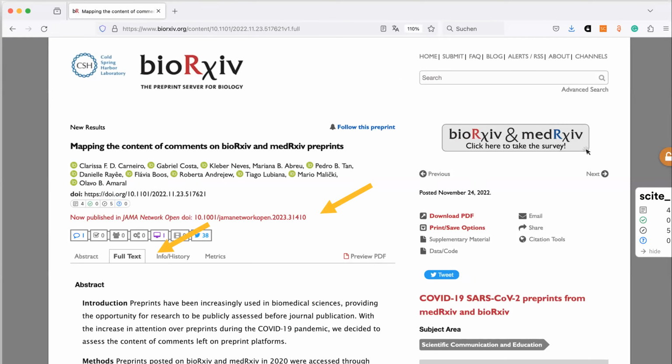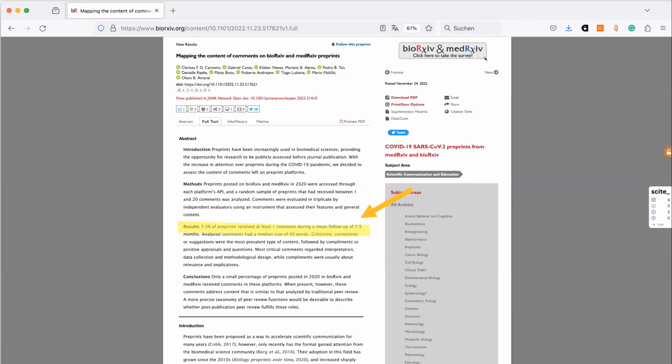And you can see with bioRxiv, you have also full text. So you can search and see full text. You don't have to download the PDF and go through the full text. So this is an example on full text, a PDF mapping the content of